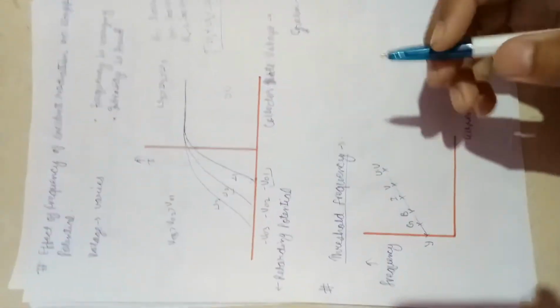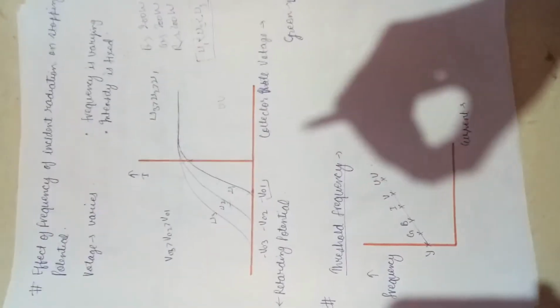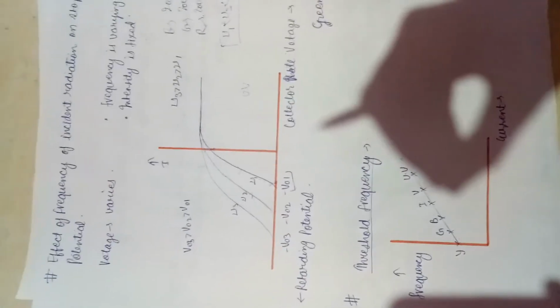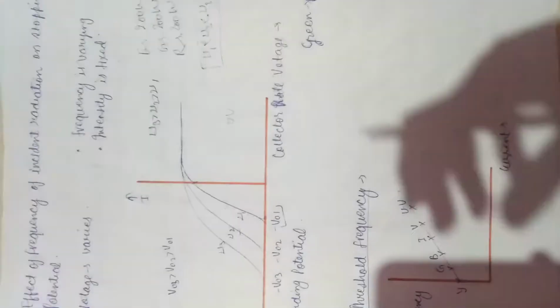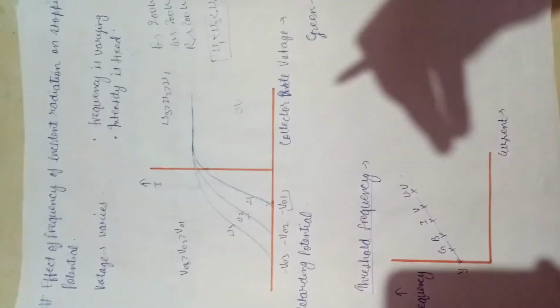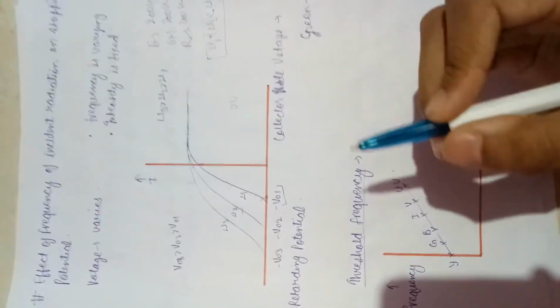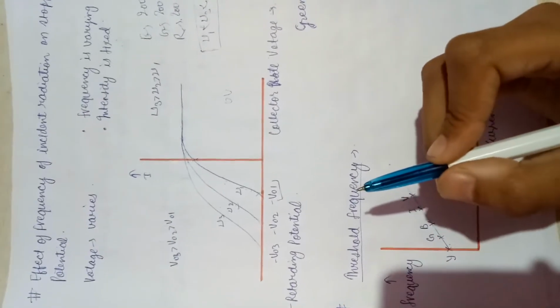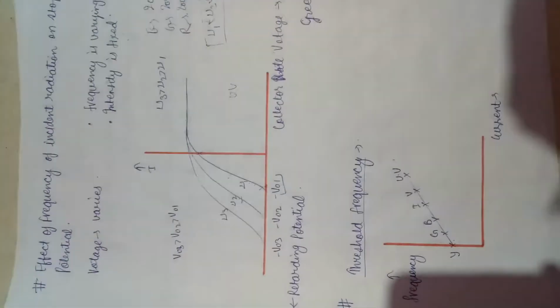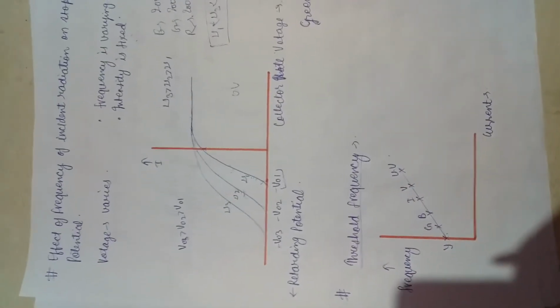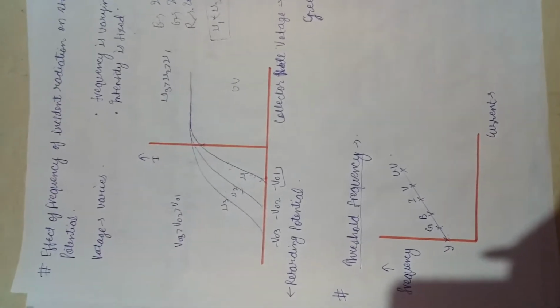The reason I have already discussed. So we can say the more the stopping potential, the higher the frequencies of radiation. If we are using higher frequencies of radiation, then a larger negative stopping potential is needed. This is what comes out of this concept. Now let us proceed towards the threshold frequency.